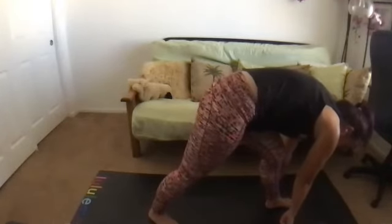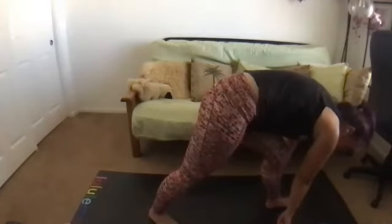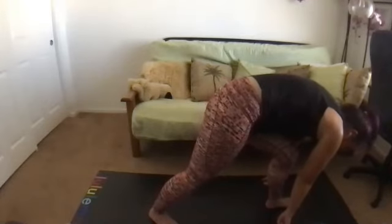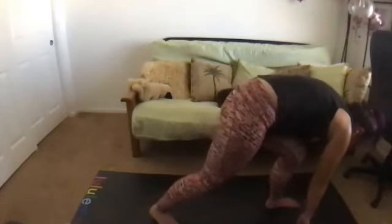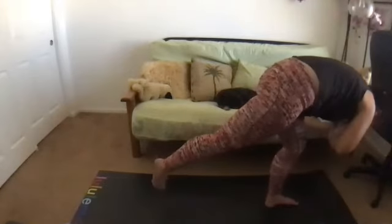From here, we'll be coming back into that warrior three position. So at any point, if you don't feel comfortable with the balancing poses, you can stay here or come do a vinyasa and meet us in down dog. But from here, we're going to move to warrior three. So bending your front leg, lifting your back foot off the mat parallel, bring your hands to heart and center,